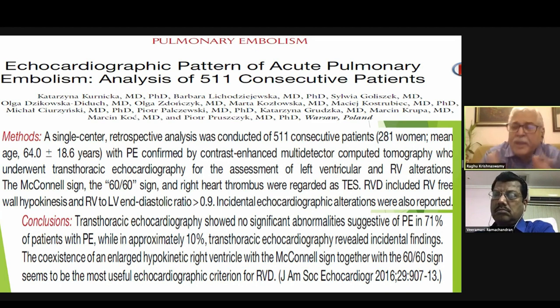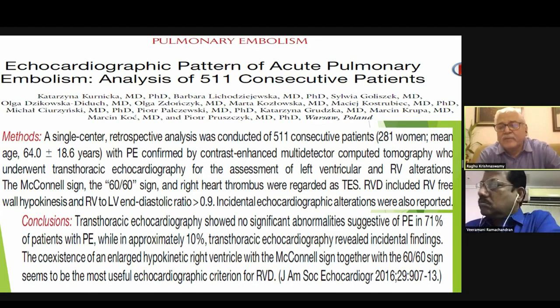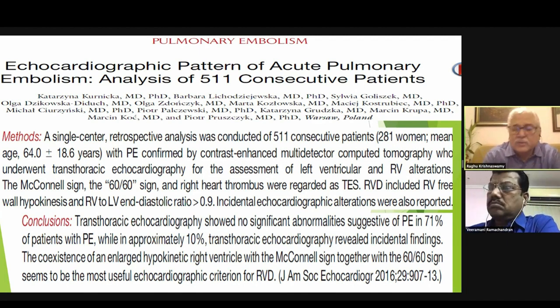Now, the 60-60 sign was something I showed in one of my patients, the second case, I think, where you have a pulmonary acceleration time of less than 60 and an RV systolic pressure of less than 60. Normally, in primary pulmonary hypertension, an acceleration time of less than 60 would mean a PA pressure of more than 80. But in pulmonary embolism, because the RV does not support high pulmonary artery pressures, in an acute pulmonary embolism the RV systolic pressure rarely is above 50 or 60. So this 60-60 sign has been shown to be very valuable, very specific, and unfortunately not very sensitive.